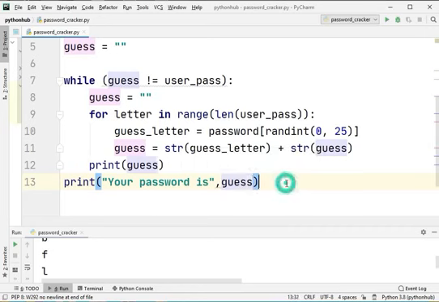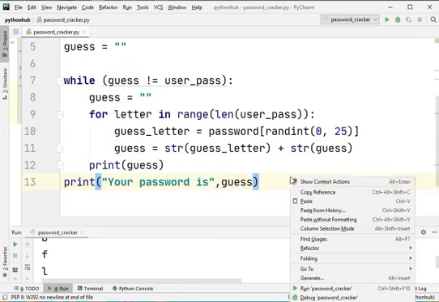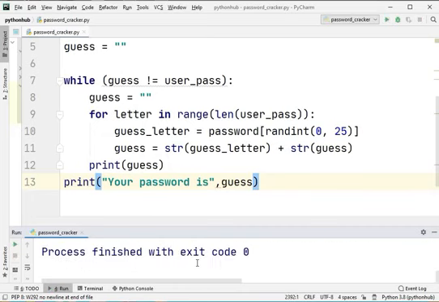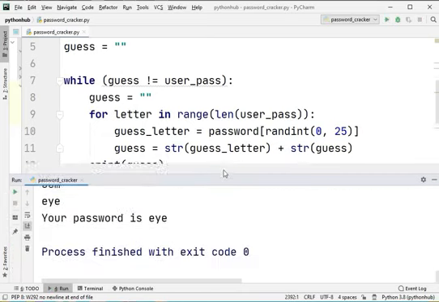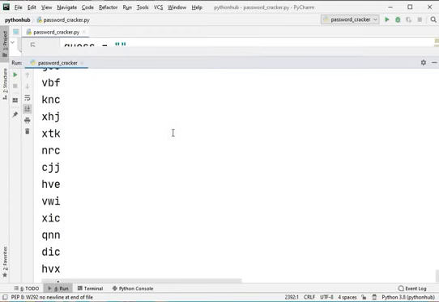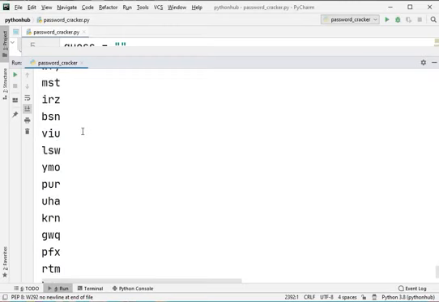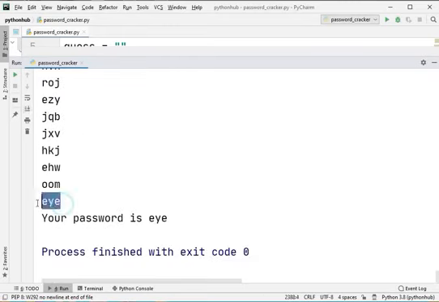So now let's try to run the program to see whether it is working or not. Let's type the password. Let's type I. As you can see, it created some random passwords until this I was found.